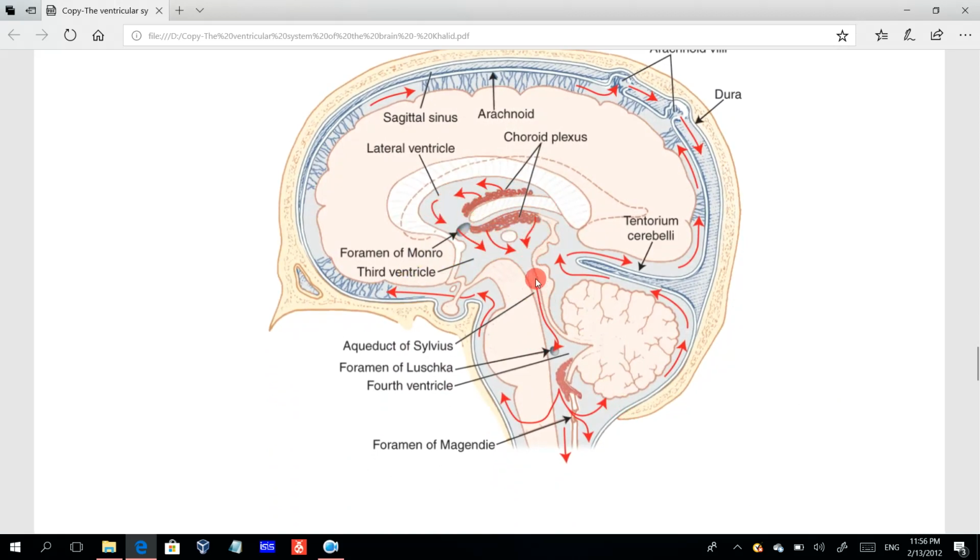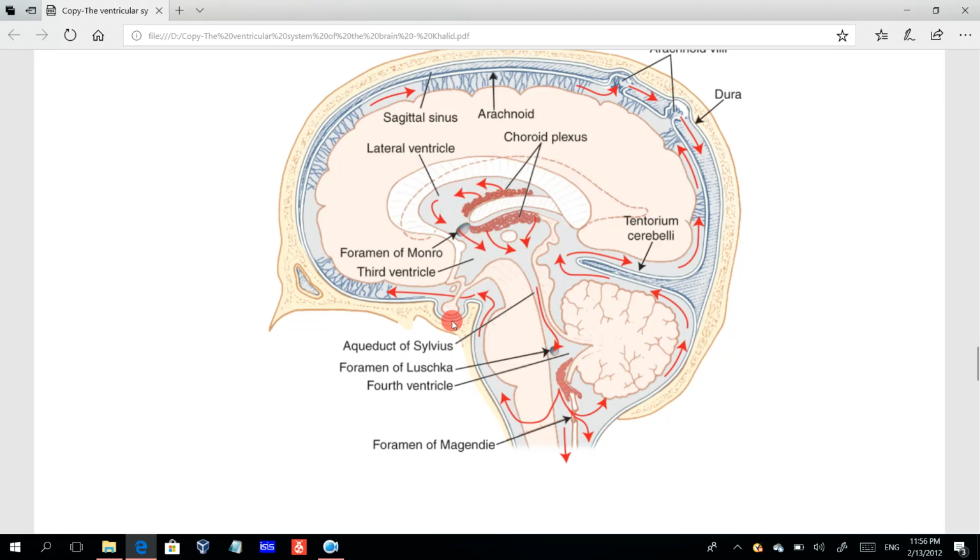And of course, this is the cerebral aqueduct, through which the CSF will pass from the third ventricle to the fourth ventricle, the aqueduct of Sylvius. And you see all these arrows show the direction of CSF, where it is produced from here and then passes through the foramen and then to the fourth ventricle, and then from the foramen of Luschka it goes to the